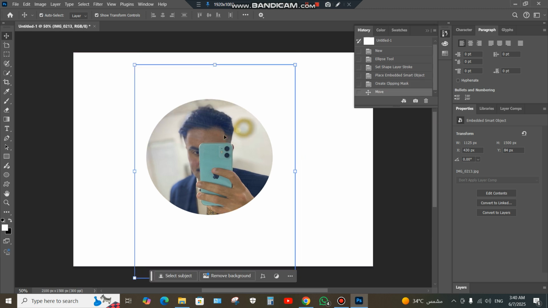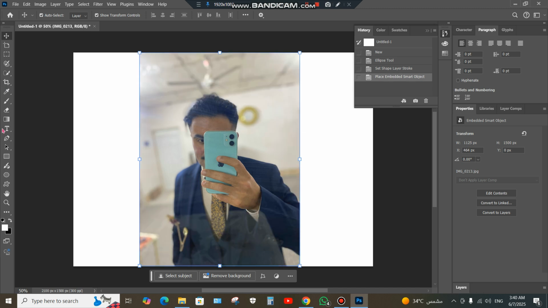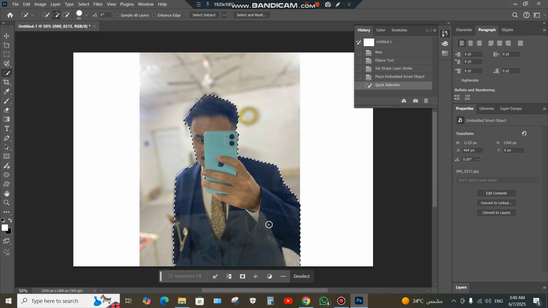If you want to remove the background of the personal picture to drop into the circle, you can click here in the list to turn back, click the trash symbol and click yes, and click yes again. Now in here you can go to the mini toolbar and select the quick selection tool, and with the left mouse button, click and hold to move and select the person, and now go to the minus to move here,